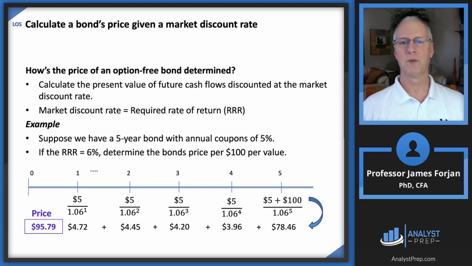So notice what the bullet points describe. Present value of the future cash flows discounted at a market discount rate. So we need some estimate of that market discount rate. We're going to call that the yield to maturity on the bond. I want you to think of the yield to maturity on the bond in the following way. Of course, it's the market rate of interest. It's the current borrowing rate